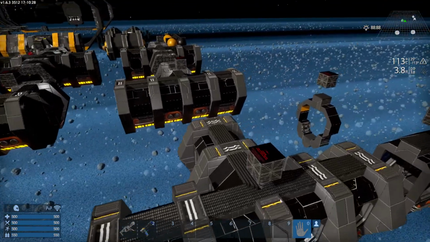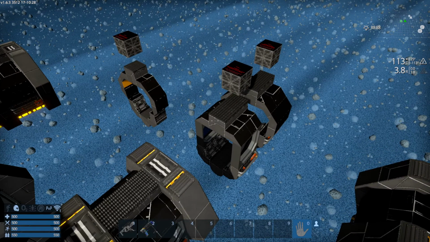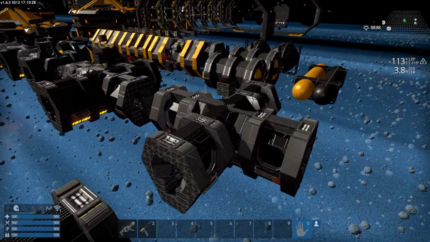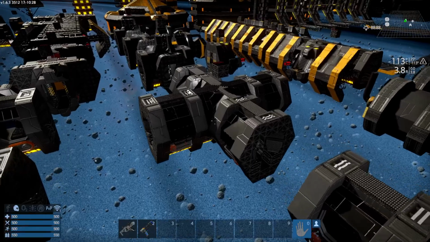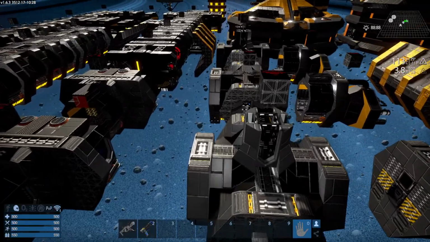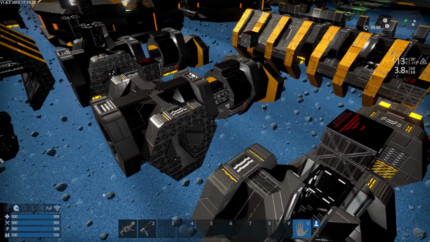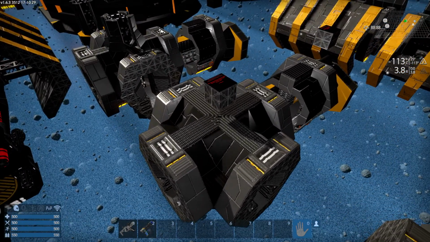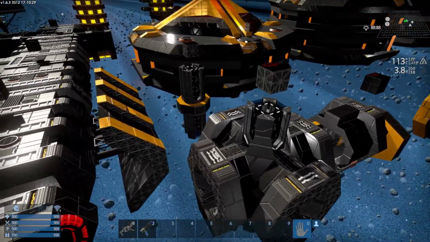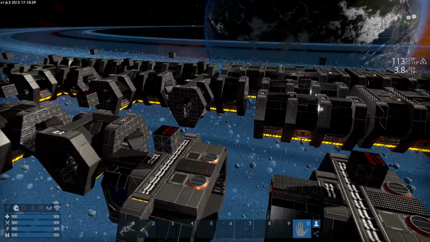T shape with and without windows. Little adapters you need to infill when you're copying and pasting this stuff together. Cross junction with and without windows. Lifts, so you've got bottom piece with it going up, the top piece with the lift going down, centre piece with lift top and bottom, and a lift section. You've got adapters to go from small to large corridors,